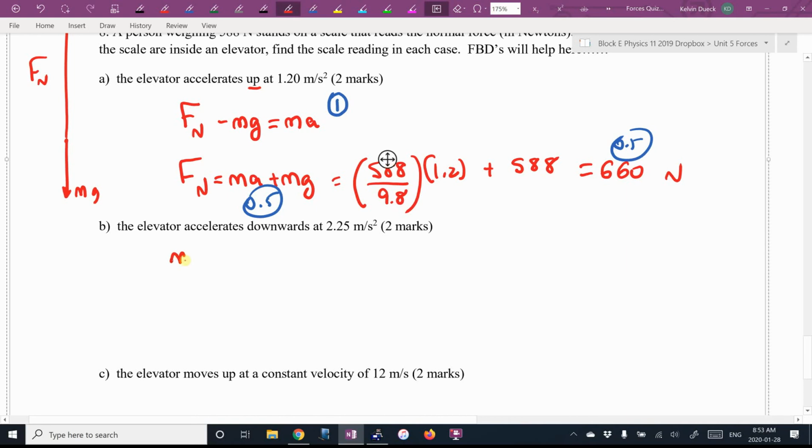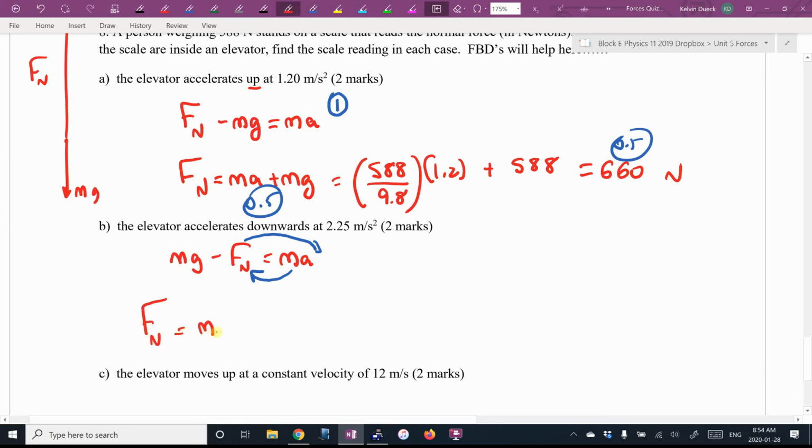And so I'm going to have this mg minus the normal force equals ma. I want to get the normal force by itself. We called this the swappy dance. I'm going to plus the Fn to that side. At the same time, I'm going to minus the ma to that side. And I'm going to get normal force equals mg minus ma. It's going to be 588 minus m, 588 over 9.8 times a,